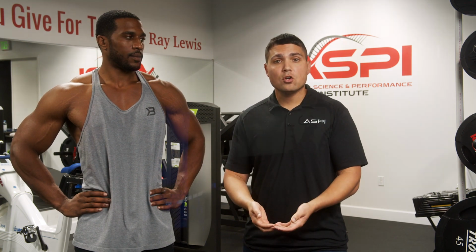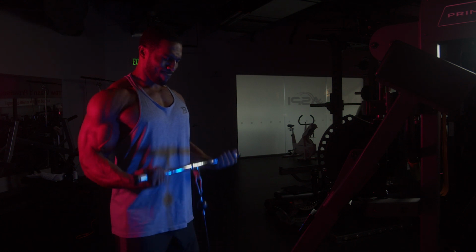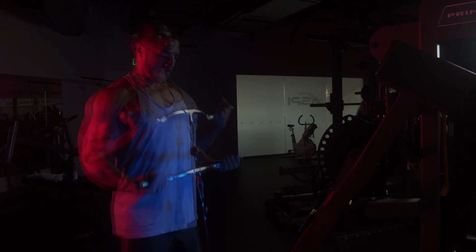Okay, so let's say you're doing cable curls. On cable curls, you would start off by doing the first half of the lift, right? So you do 7 curls, halfway up, halfway down. Then you would go from the halfway position all the way up for 7 reps, and then you do full